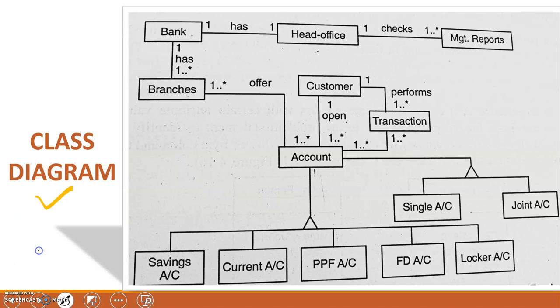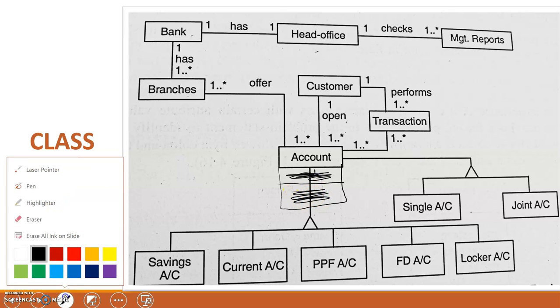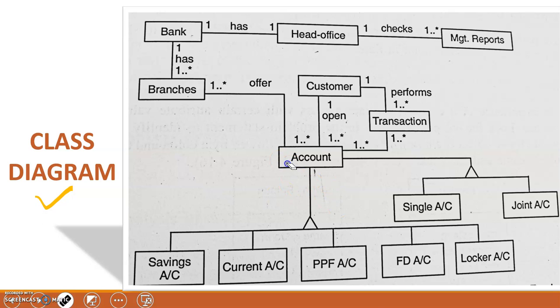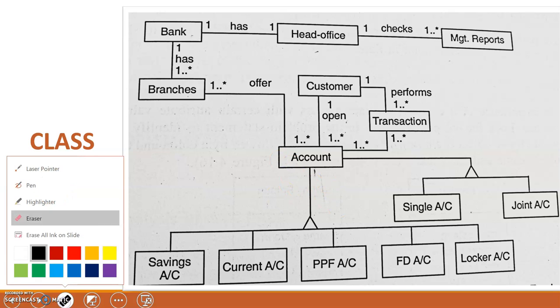Otherwise you can easily draw it this way. Like if I say account, then you can draw it this way, right? You can divide it. Here you can write different attributes, and here you can write different operations that you can do. Okay, so now let's understand this